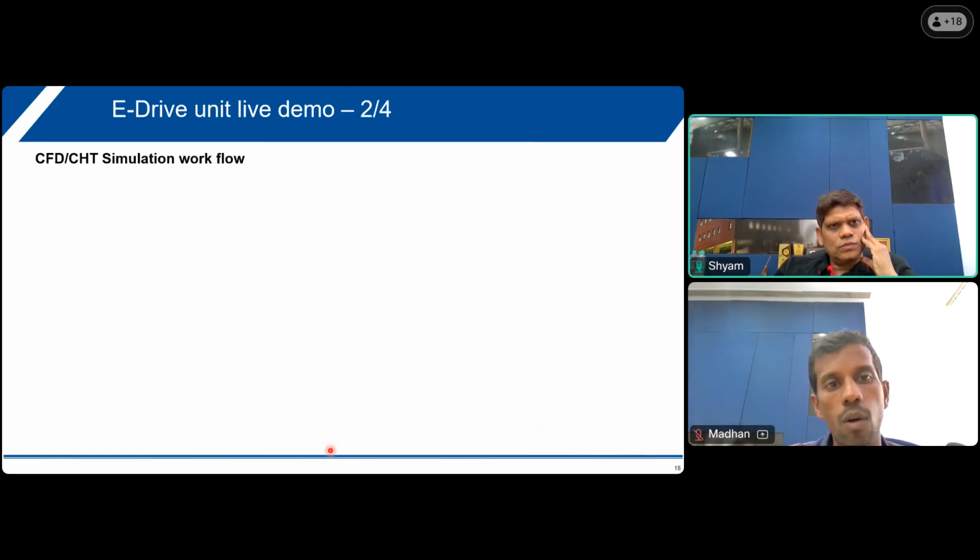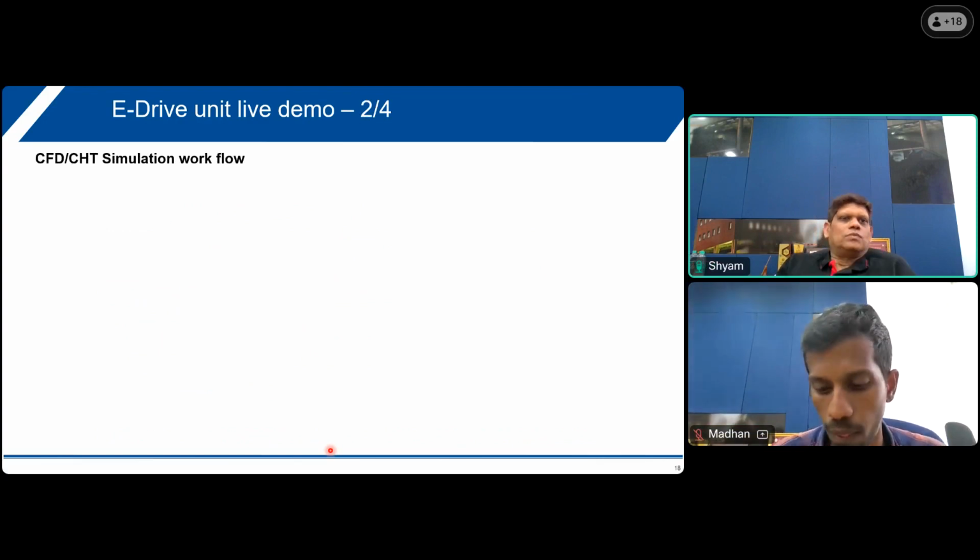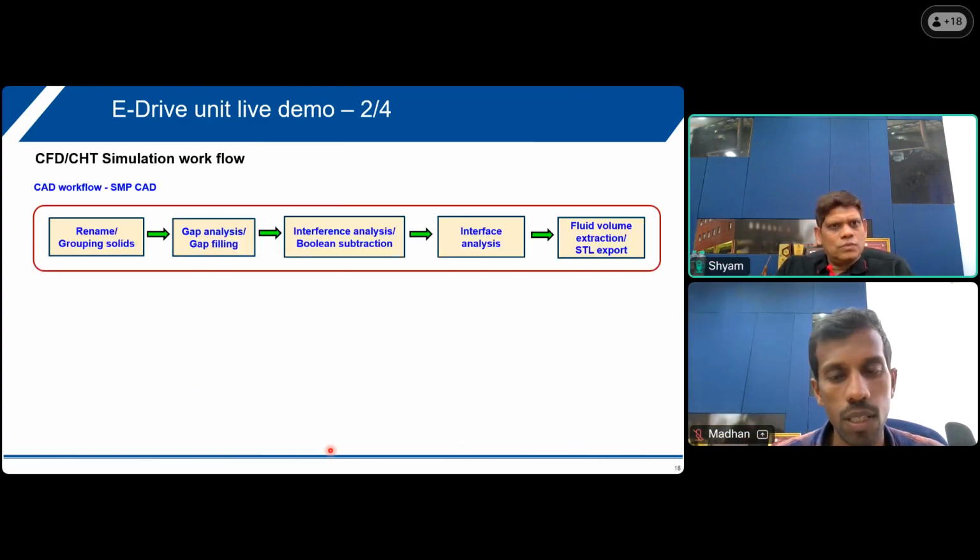So before going to the next slide, first I want to briefly explain the CHT coupled heat transfer simulation workflow. All the simulation will start with the CAD, because that's the starting point for all the simulation work. So we start with the CAD, and whatever workflow we follow using our CAD tool, SMP CAD,